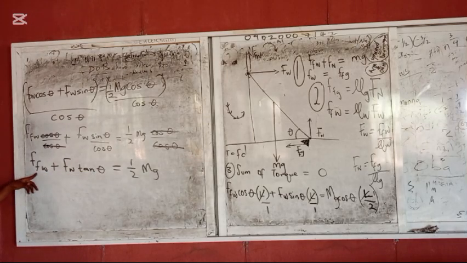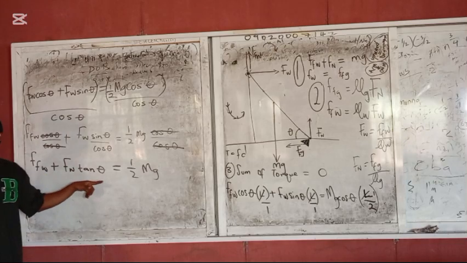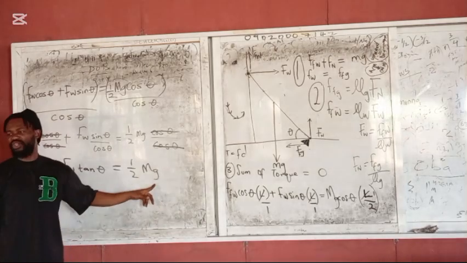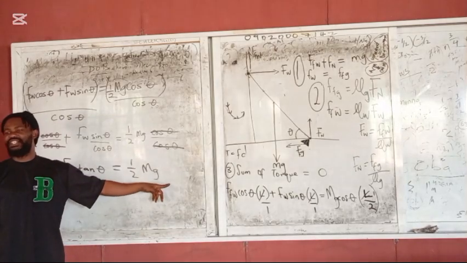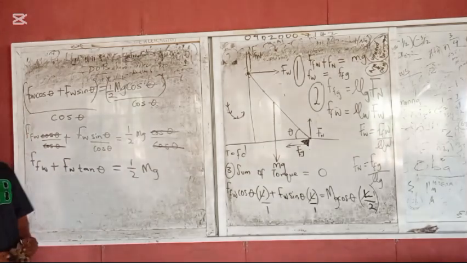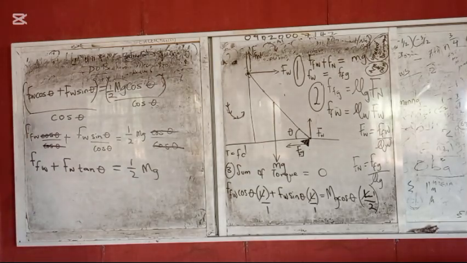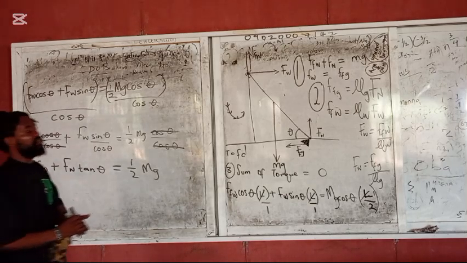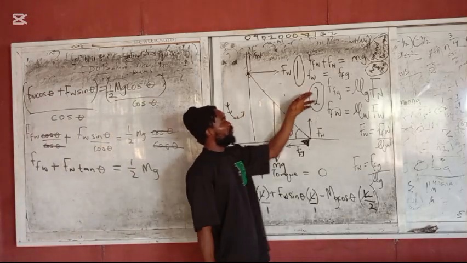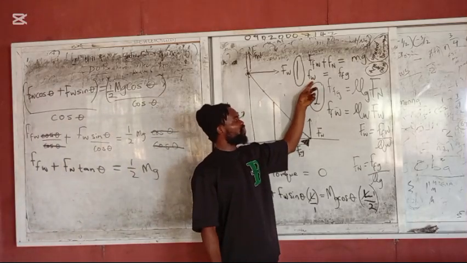So then I have frictional force of the wall as an unknown. I don't know this thing. Is it not true? Then I have force of the wall, I don't know it. Theta as well, I don't know it. Even M that is here, I don't know it. The only thing I know here is G. Is it not true? So please, at this junction, we apply Newton's law. Or if possible, if we don't want to apply Newton's law, we can apply our equilibrium law, which is saying FW somewhere is equal to